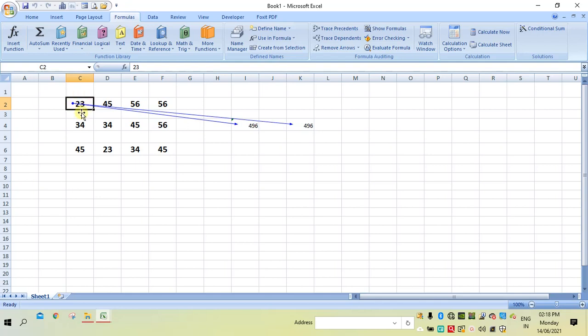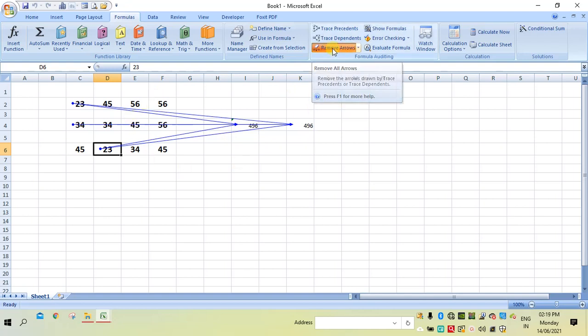So this will affect these two cells. Similarly, if I click here and then click this, it is showing like this. So this way we can either trace precedents or trace dependents. To remove these arrow marks, click simply on Remove Arrows.